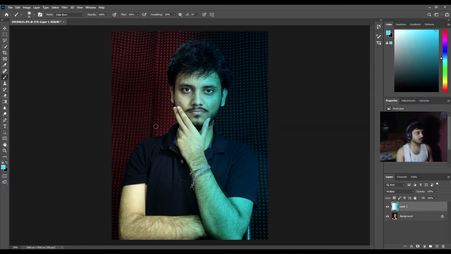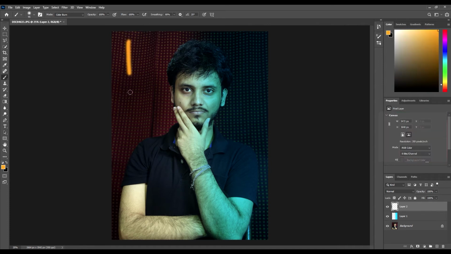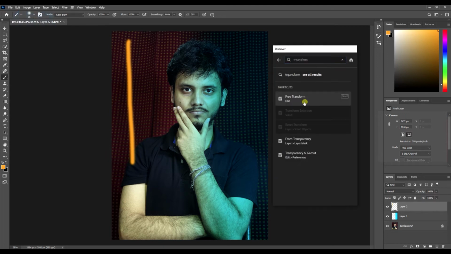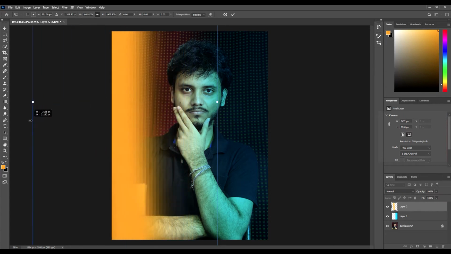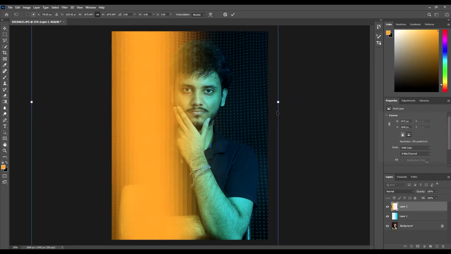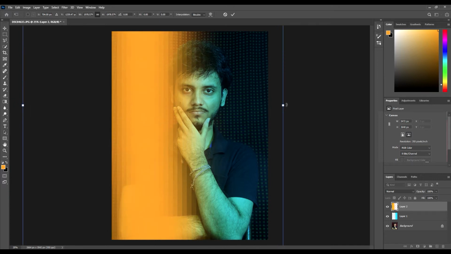And now let me press the OK button, and here I'm again going to go to this right hand side corner and add another layer, and here I'm going to select this orange color, and again I'm going to draw a line, press Ctrl F and transform. As you can see, free transform, the grid appears over here, and you can actually drag it and make it large, same as previous steps, to make sure it covers half of my face.